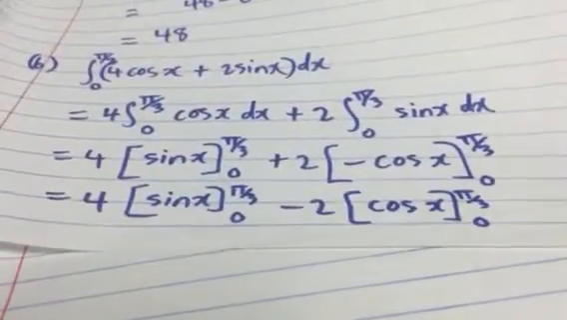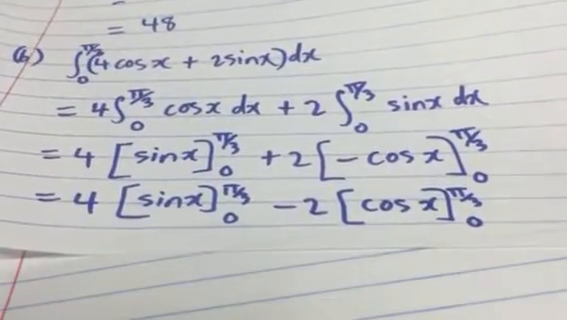Okay, so my last line was 4 times sine x between pi on 3 and 0. So I'm going to evaluate that. That's going to be